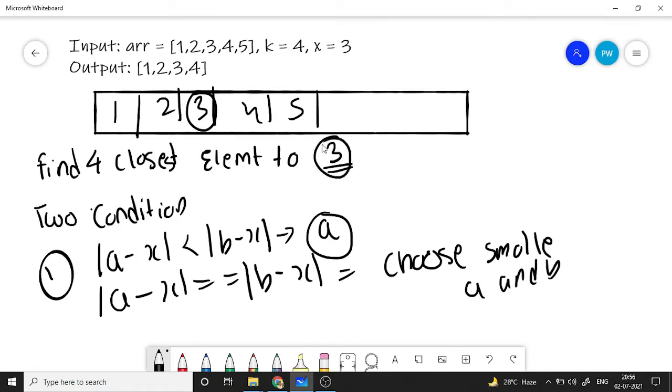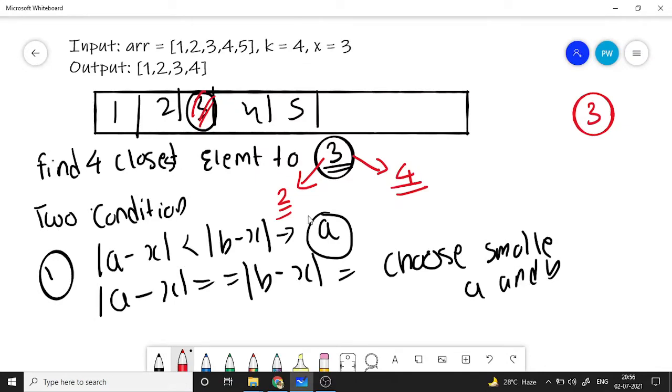So here we have to choose around 3. We first find that 3 is present itself, so we will add 3 in the answer. Then we don't have 3 anymore in our array. So let's move to the next element. What we will do is check the largest element that is smaller than 3, that is 2, and the smallest element that is greater than 3, which is 4 in our case.